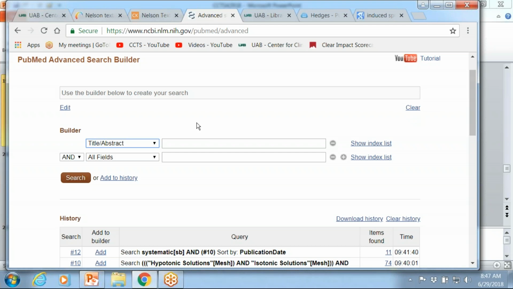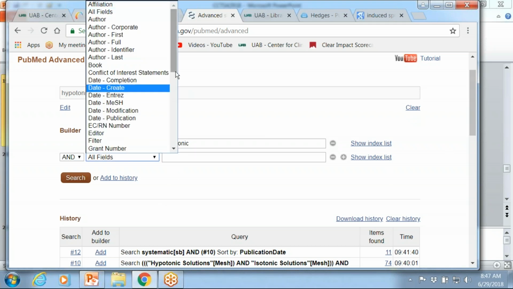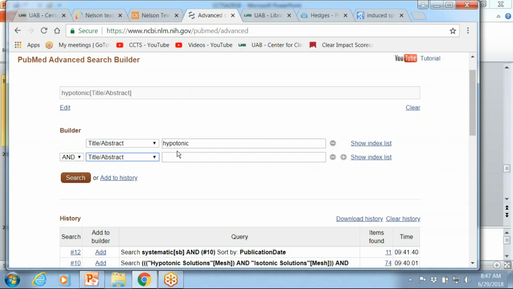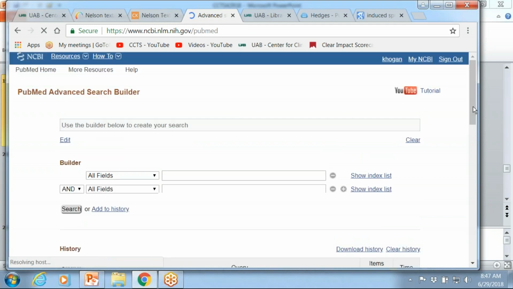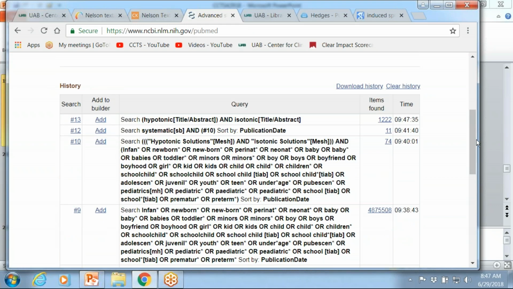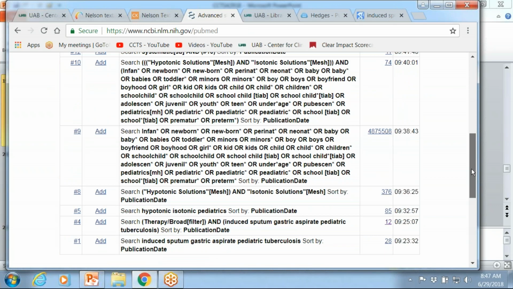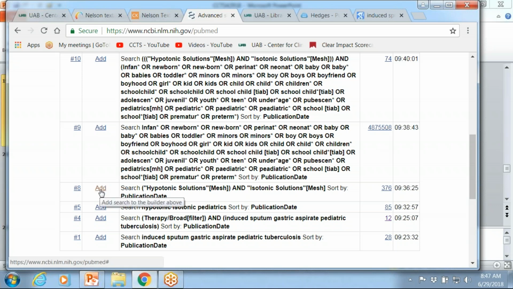So I'm looking at the title or abstract, and I'm looking at hypotonic, and doing the same thing in the next field with isotonic. And I can add that to the history, and then OR that with number 8, which was my MeSH term.